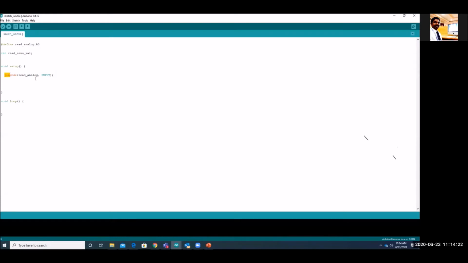So here, in case of pin mode, I have given this pin as an input. And now one thing we have to declare for serial. I want to display the data in the serial, so we need to initialize the serial. Here I have given Serial.begin. That means we need to set up the serial also for output. And here I have given 9600, that is the baud rate, the communication speed.